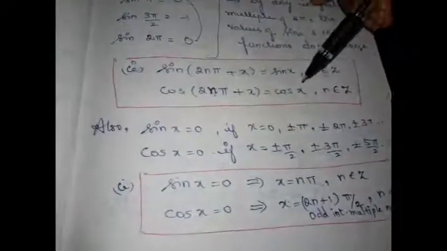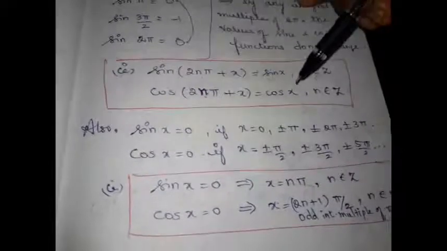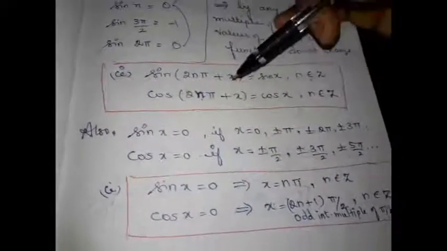we have learnt the basic identity cos square x plus sin square x equals 1. Then we learnt what are all the quadrant angles. Then we analyzed the trigonometric values of all the quadrant angles. From that we came to a conclusion that the sine and the cosine function will remain same in the integral multiple of 2 pi. I repeat, the sine and the cosine functions do not change in the integral multiple of 2 pi.